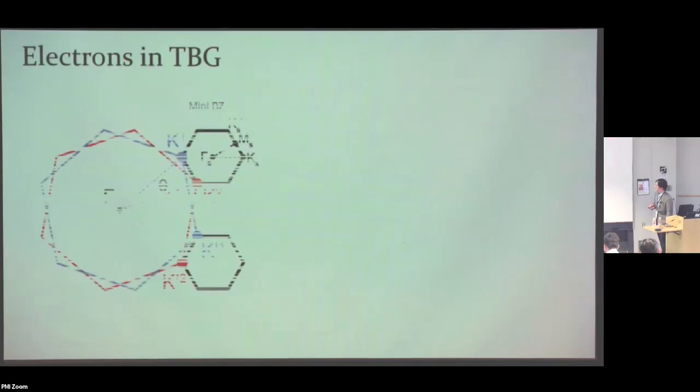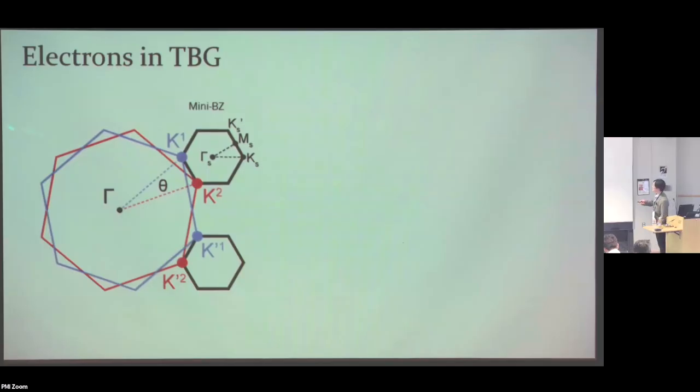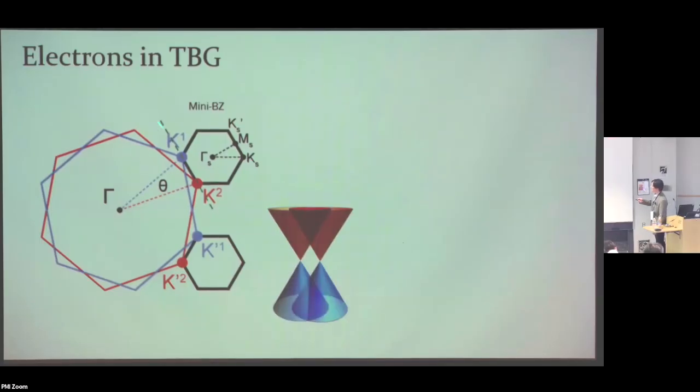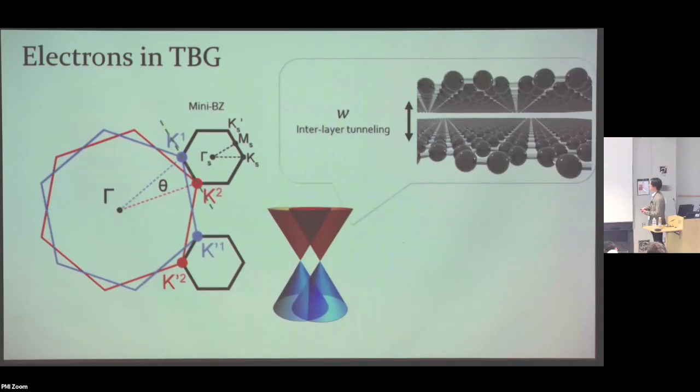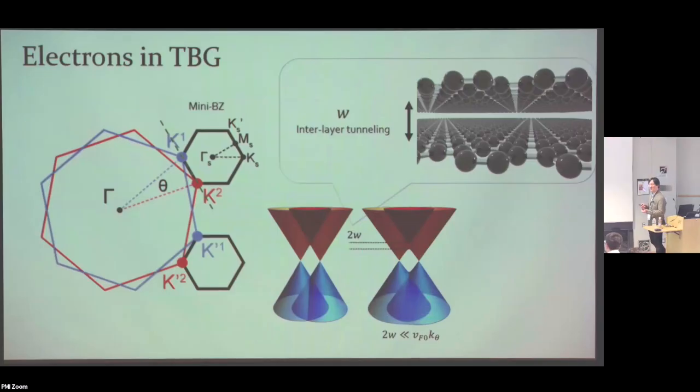Now if you look from a different perspective, we have these two hexagons, and at the corners of these two hexagons, we can define the so-called mini Brillouin zone, which corresponds to the periodic structure of the superlattice, which is like the large spot that you see in the moiré pattern. And now we take a line cut through these two points. So we're seeing again these two cones. And now when you turn on the interlayer hybridization, which is an energy of about 0.1 electron volt, you start to get a gap opening at the intersection between these two cones.